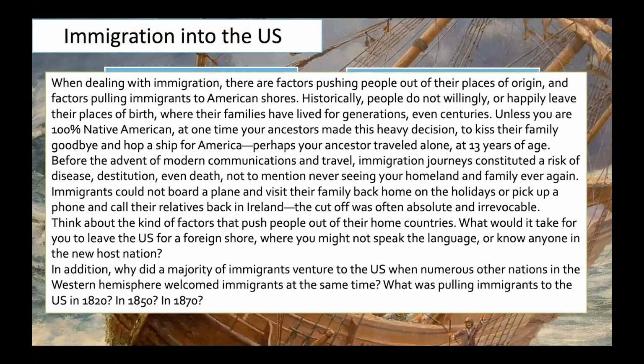Immigration into the US. Now, although we are studying the Puritans and Pilgrims and Quakers, this idea of immigration is a major thread throughout the American tapestry. And I often refer to the metaphor of a tapestry, but you can create your own metaphor in your mind to better understand the American experience. And immigration is a major thread in this great tapestry. And it begins with the English in